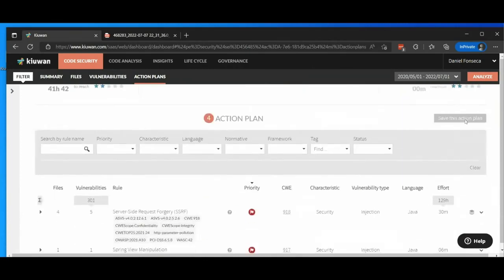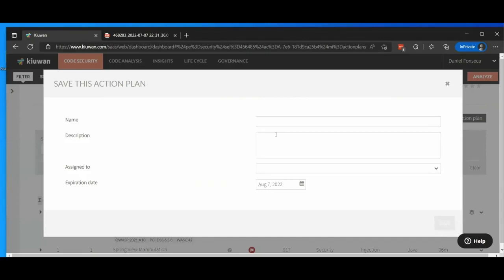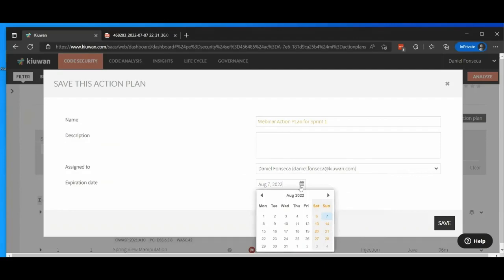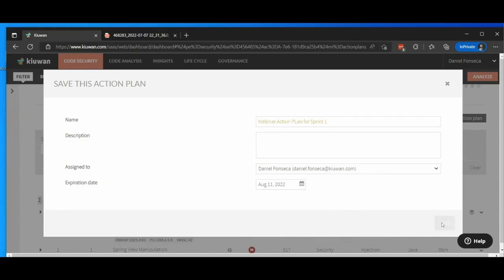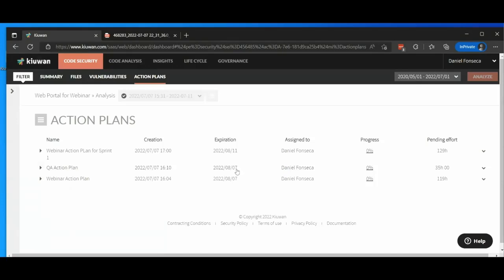You can save this action plan and then you will give it a name. So, webinar action plan for sprint 1. I will just name it like that. And then you can assign these to the users that have access to Kiuwan. Most likely you would like to have your developers here. I only have myself, so I will assign it to myself. I will give a deadline for this particular action plan. So I will give 1 full month to this developer. Click on save, and then you can also export this action plan